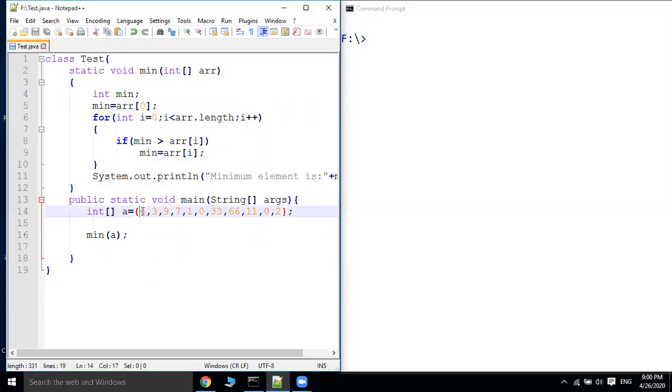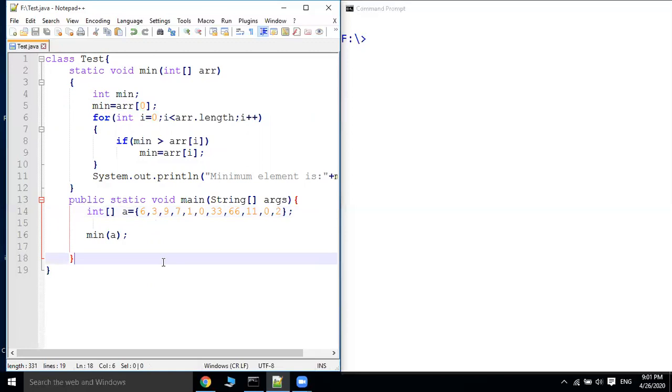The first element 6 is greater than 3, so 6 is replaced with 3. Next this is small, now 1 is replaced, and next 0 is replaced, and then 33, 66 and 11 are crossed, and this 0 and 2 as well.